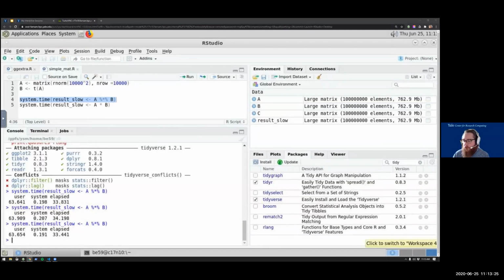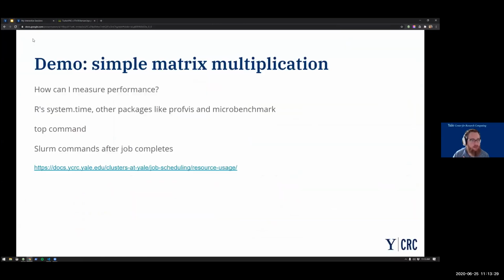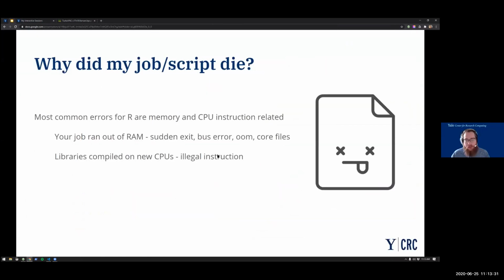So there are also several ways in which your jobs can fail. The most common ways that R falls over are either the CPU instructions that I talked about earlier, or if you try and use more RAM than your job is allocated. And depending on the context in which that happens, you might see any of the following errors.